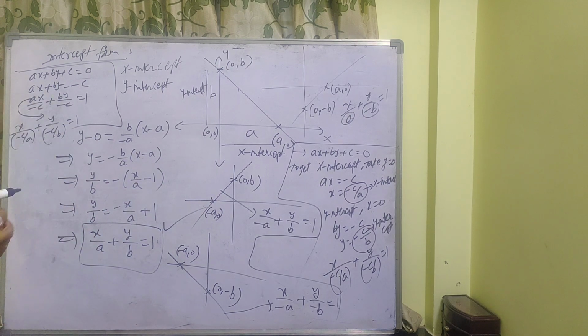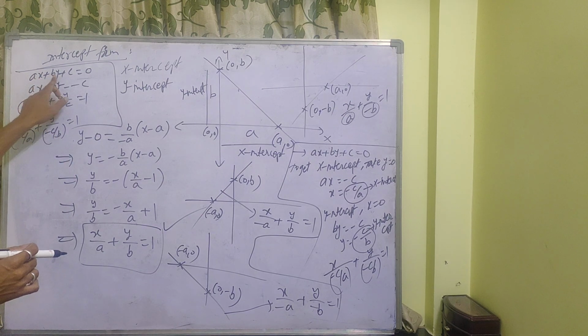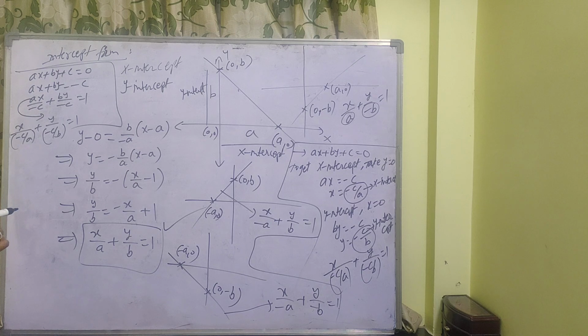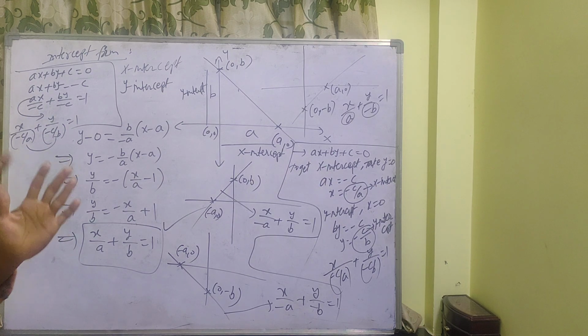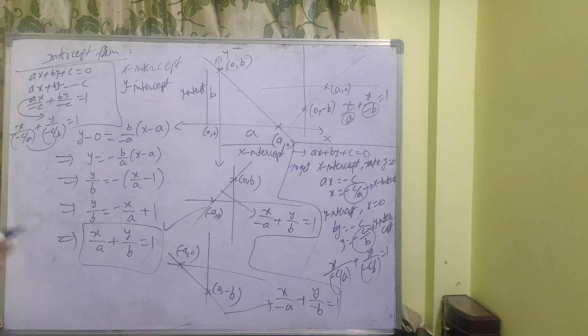When the x-intercept and y-intercept are equal, it depends only upon the coefficient of x and the coefficient of y, not upon the constant. The constant is fixed. If the coefficient of x and the coefficient of y are both equal, then the x-intercept and y-intercept are equal, because of minus c by a. If the coefficient of x is a and the coefficient of y is also a, then minus c by a, minus c by a, both are equal. So if the intercepts are equal, it means the coefficient of x and coefficient of y are equal. Okay, so I will continue. Next one here.